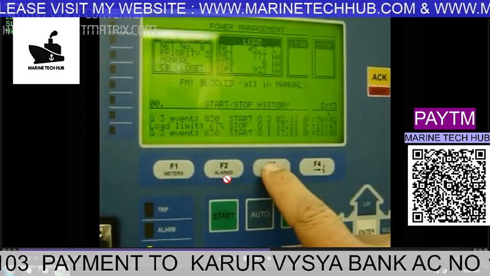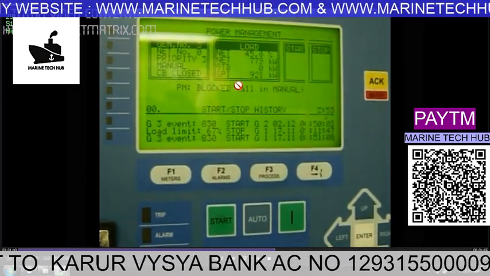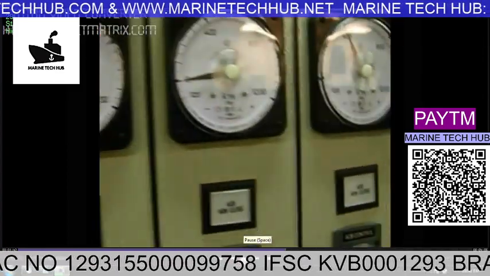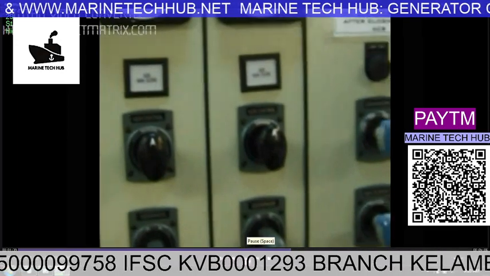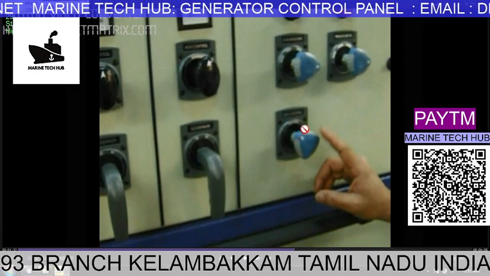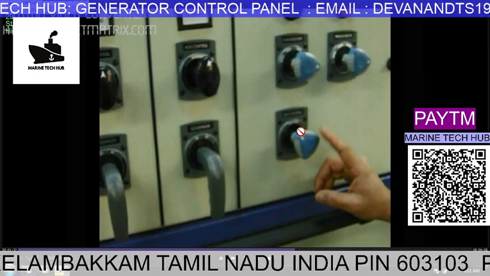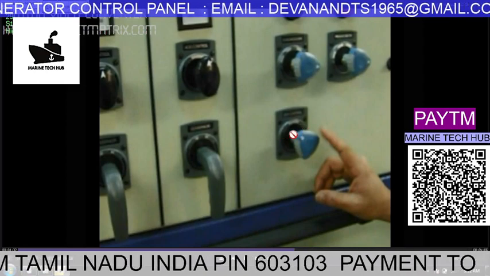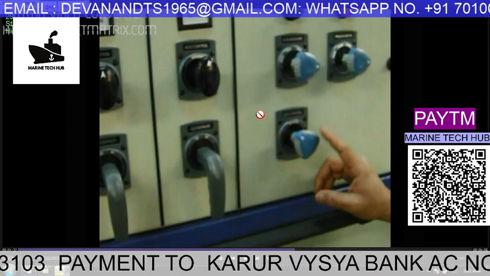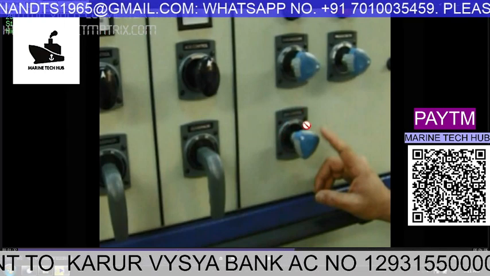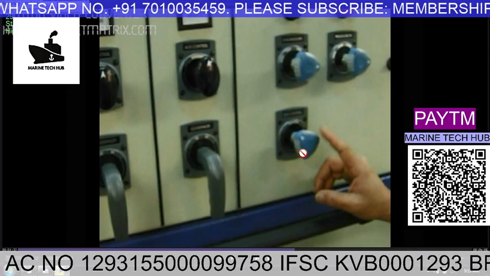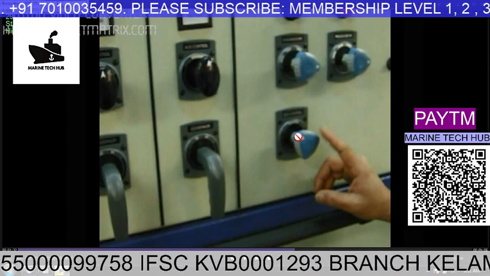One more thing I would like to tell you is you should keep the generator on manual mode when you are trying to run 2 generators. This is the controller here. When you keep the controller on manual, the generator will not stop. If there is a low load and 2 generators are running, and it is on auto, one of the generators will stop. So whenever you are maneuvering to run 2 generators, put this on manual so that the generator will keep running. And when you want to stop, you offload the generator, then keep this in auto whenever you are on the EOMS condition.